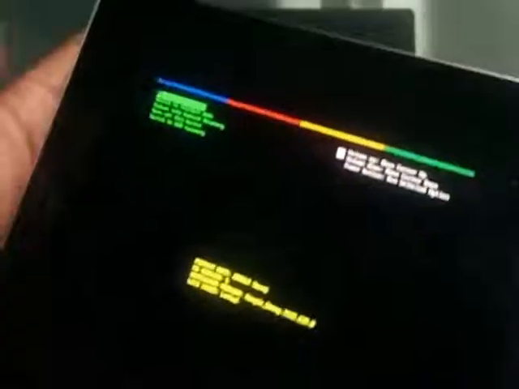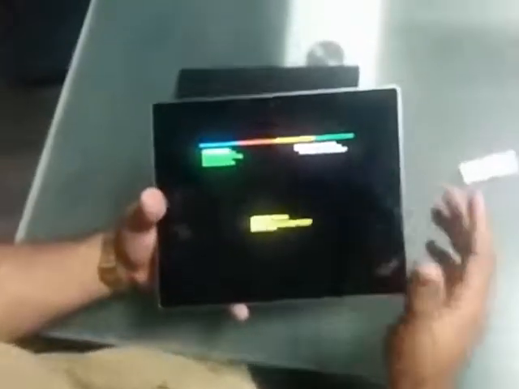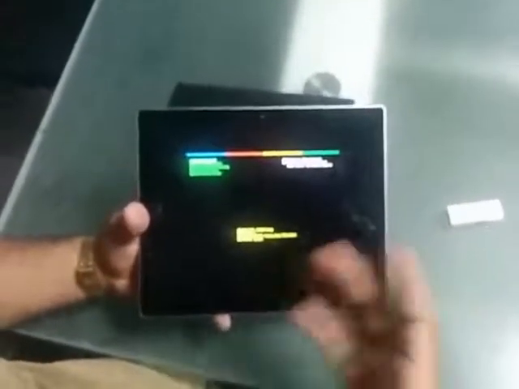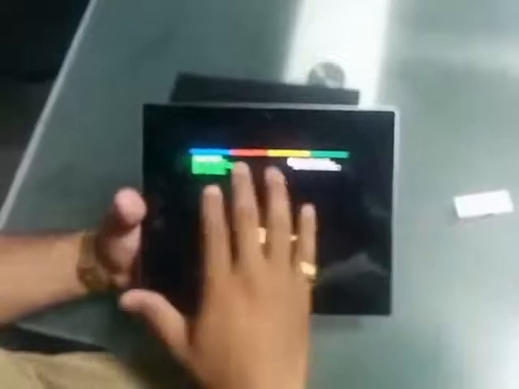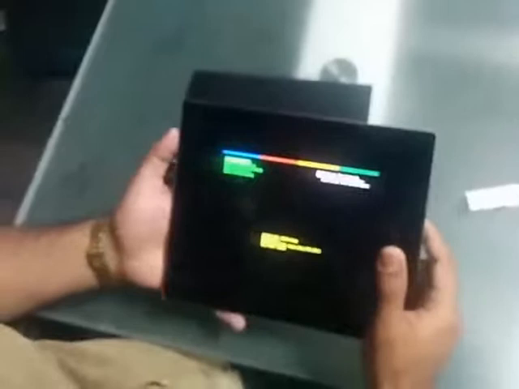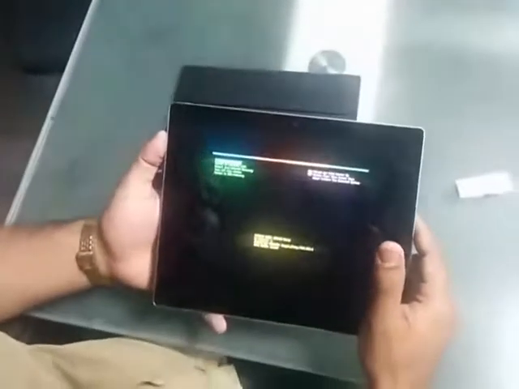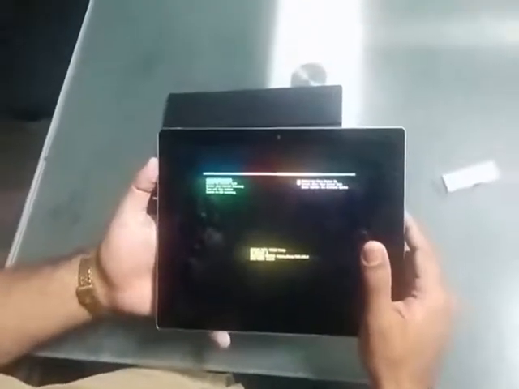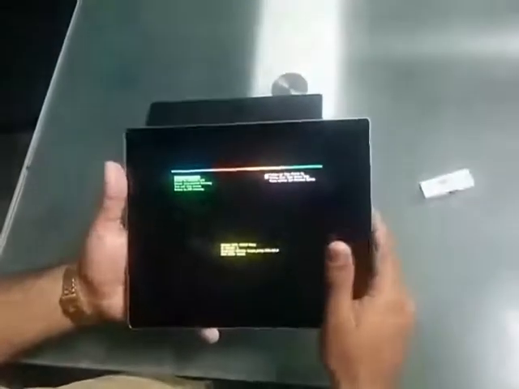If you don't switch off the tablet during continuous restarting, it will heat up and you cannot touch it after 15 minutes. So if continuous restarting happens, go into the boot menu and turn off the device.